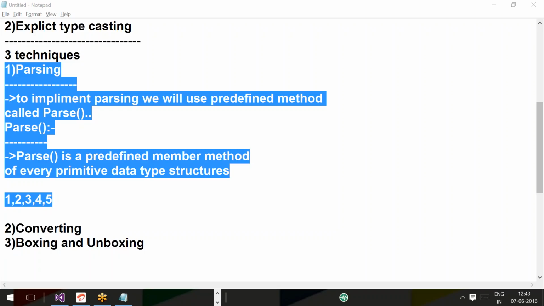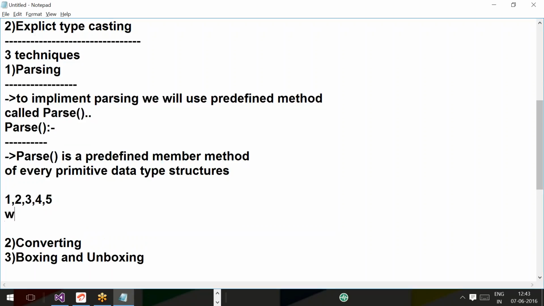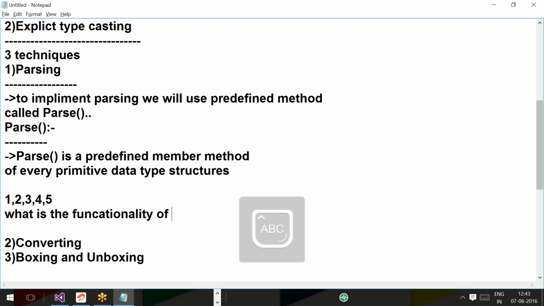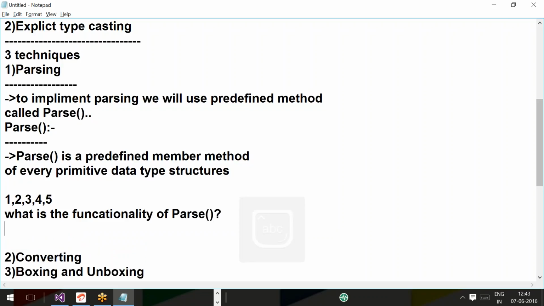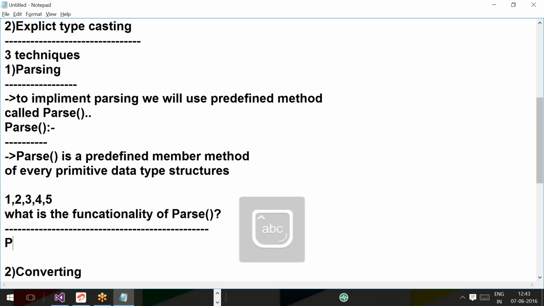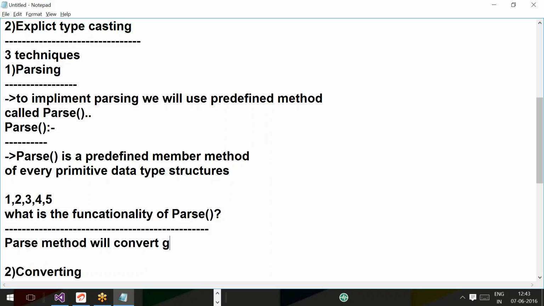Now let's see. What is the functionality of the parse method? Parse method will do what exactly? The parse method will convert the given string into the given